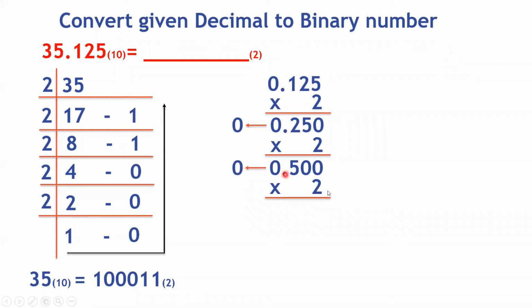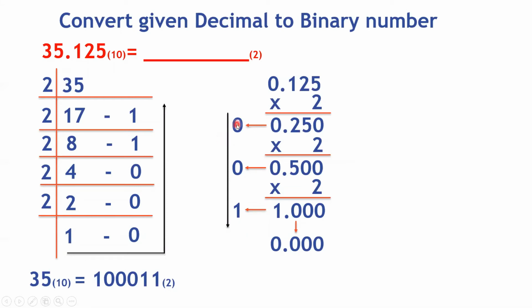Again, we will multiply this by 2. 2 zeros are 0, 2 zeros are 0, 2 5s are 10. So 2 5s are 10 means 0 here and then 1 carry. So the answer will be 1.000. So 1 will be kept outside. What will be left out after this? If we keep 1 outside, it will be 0.000. Further, if you multiply it by 2, the answer will remain 0 itself. So here we are going to stop.